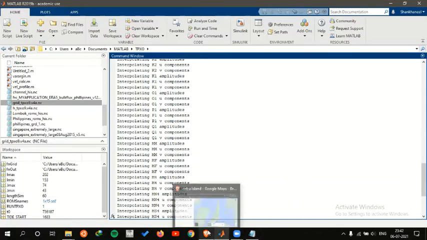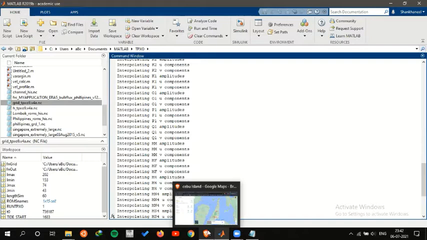So in this case, for one of my test cases which I have done initially, I will just go through the steps of how to create a child grid inside the parent grid for ROMs application. Now this technique is applicable for all the regions. You just have to follow the same procedure.